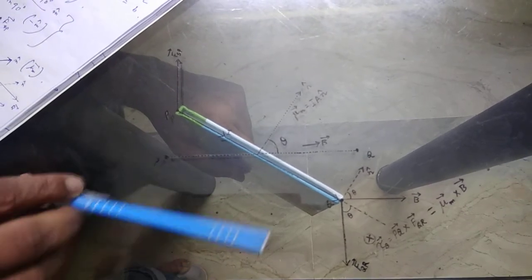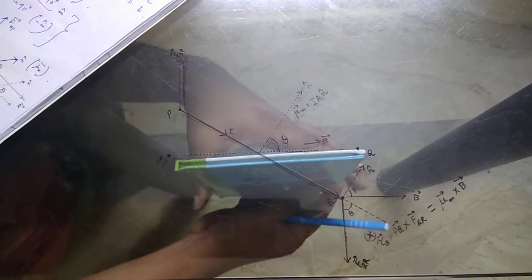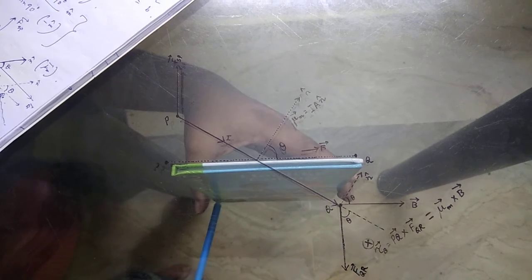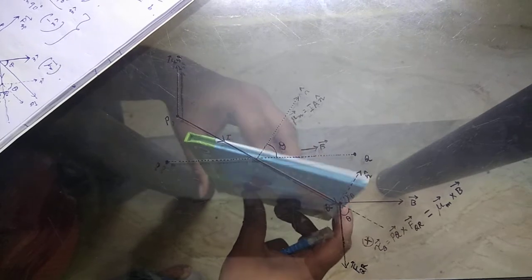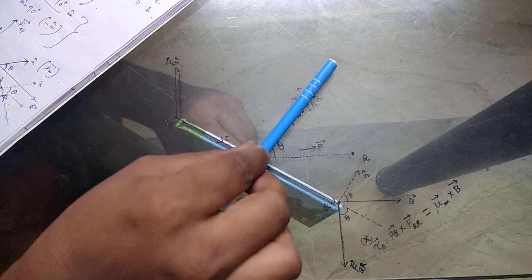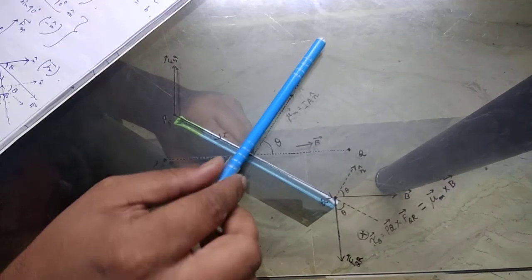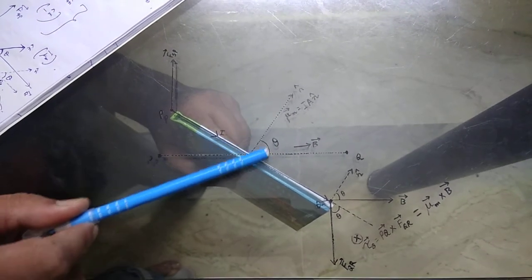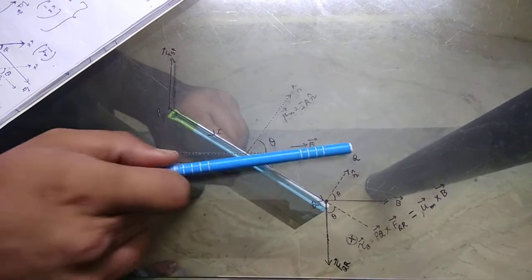So let's say the magnetic field is along this direction and the initial location of the loop was like this. This is point P, Q, R and S, and the current is flowing along this direction. I have rotated this loop like this. So this is the new position, and this is the perpendicular direction of the area of this loop PQRS. Its direction is along n, and now this n is making angle theta with the magnetic field. The magnetic field direction has not changed, it is in the same direction.